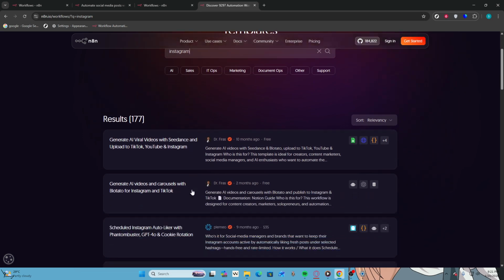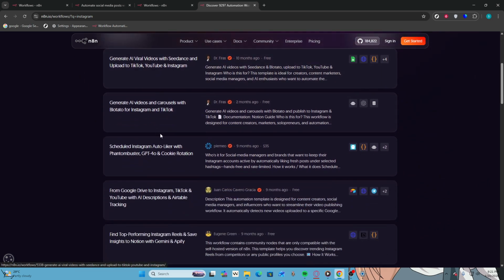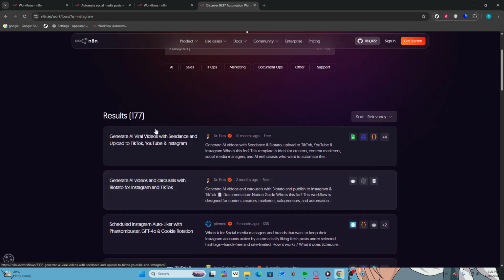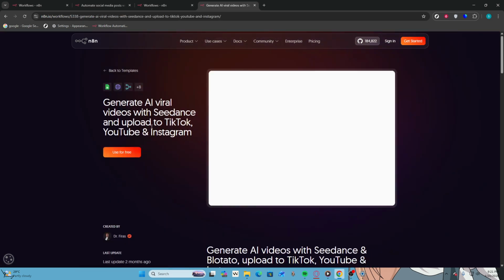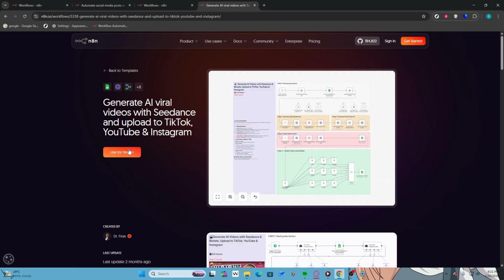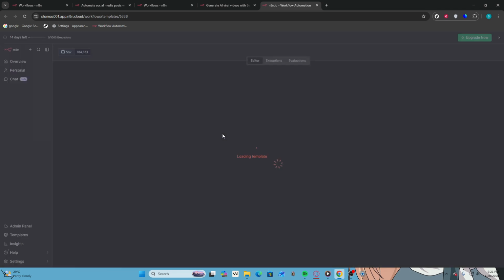Next, click on the Use for Free button associated with the selected template. This action will open the template in a new workspace where you can customize it according to your requirements. Once the template is opened, look for the option that says Import Template to Own Workspace. Clicking this will officially add the template to your personal workspace, allowing you to make any necessary adjustments before activating